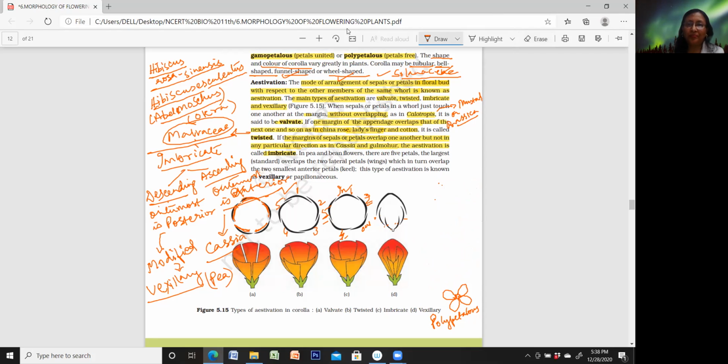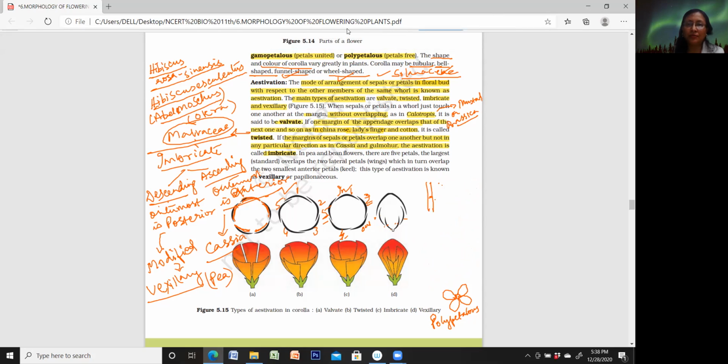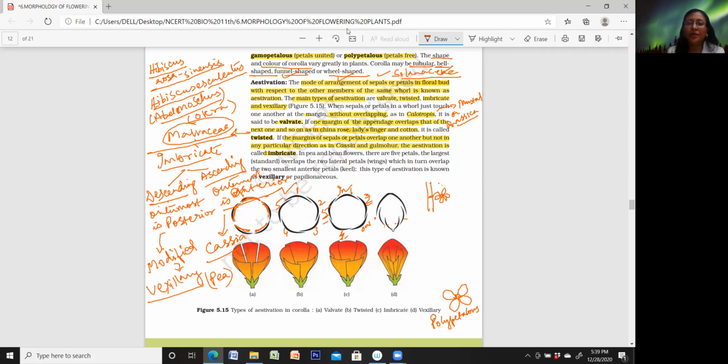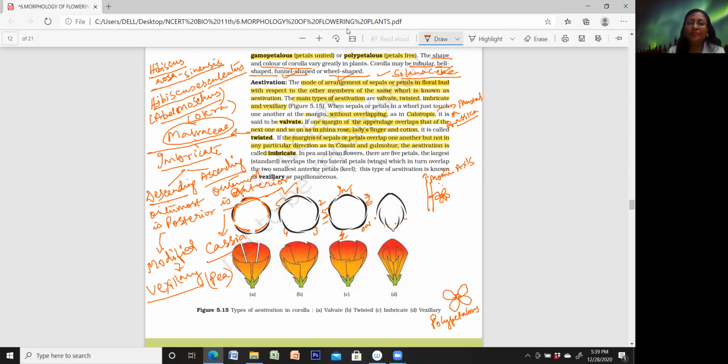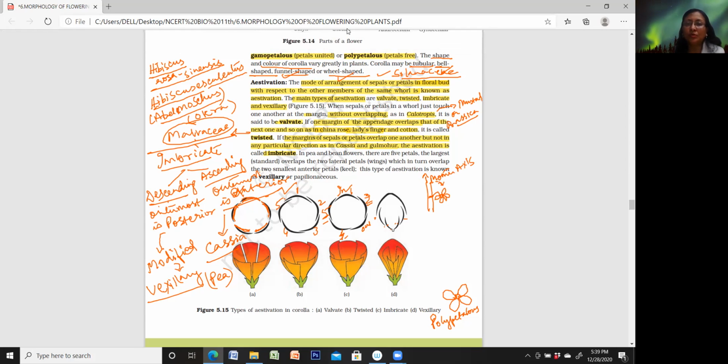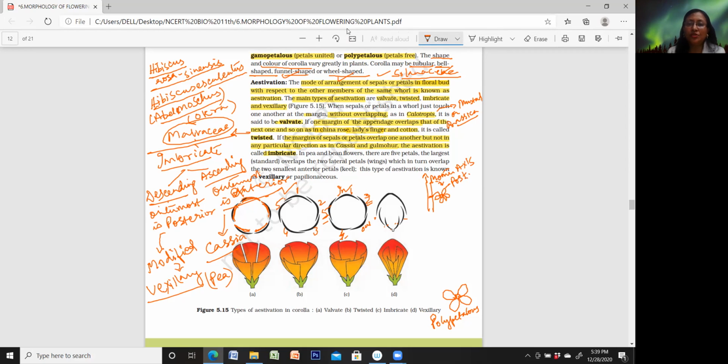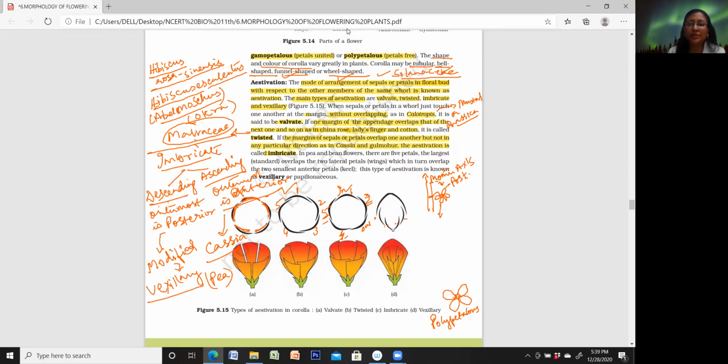See, if a flower is here, okay, so this is its growing axis, and we call this growing axis the mother axis. With respect to the mother axis, the petal which is most proximal, I mean the nearest, you call this posterior. And the one which is just opposite to this posterior petal, that is this one, you call this anterior. So this is how it is.